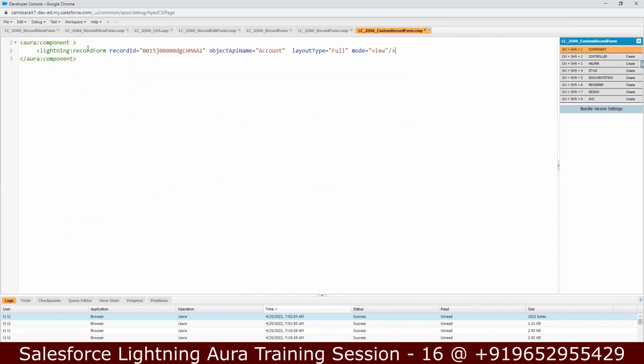Now here are a couple of things. Layout, I'm not interested in, because I wanted to customize the layout. Record ID is needed. Object API name is needed. Layout, I do not want. Mode, let's keep the mode as view. Instead of the layout,